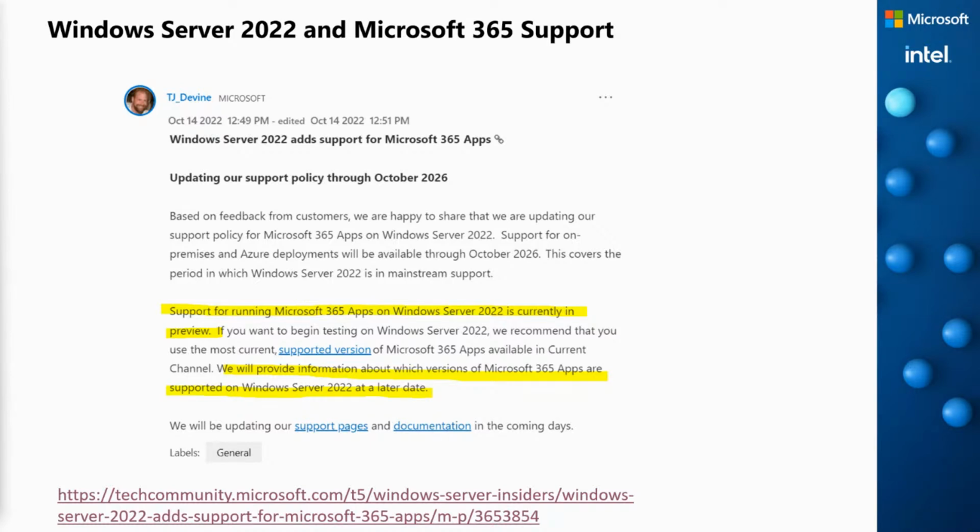So I think there are many modern technologies like Windows 365 and Azure Virtual Desktop that don't require to run these modern lifecycle applications on a Windows Server platform. But for sure, if you are the customer and if you are running RDS for years, you will not be happy with the situation that the modern applications are not supported there.